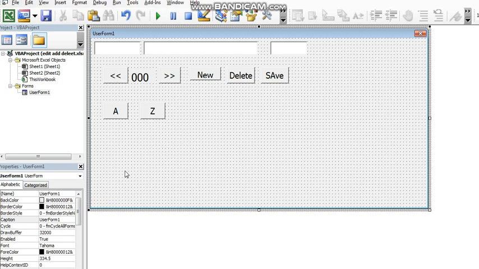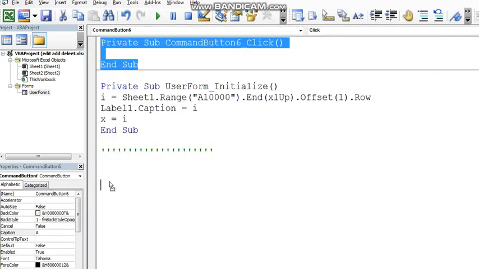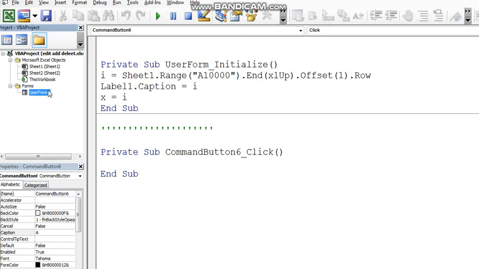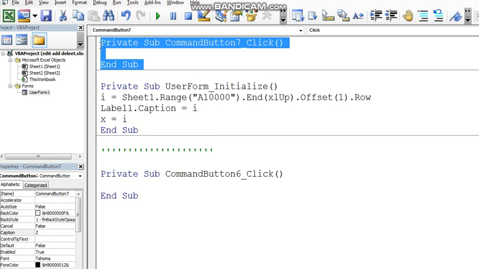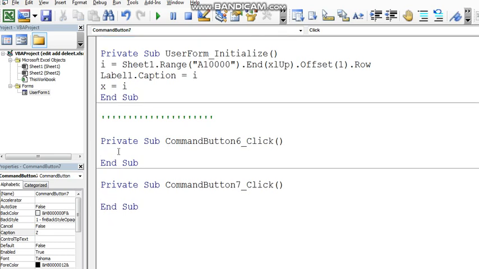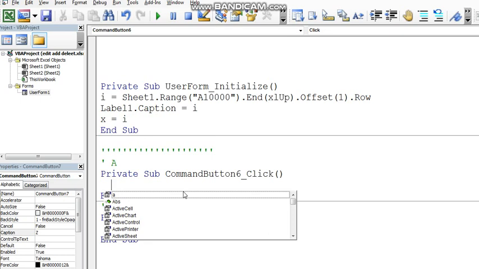Okay, we go to command button 1 here, and command Z. Yeah, this command button. Okay, right. So, command button, and we write some code. Okay, sheet